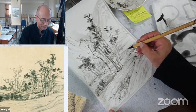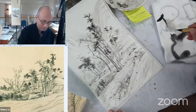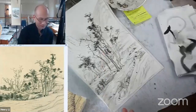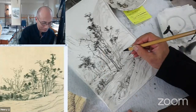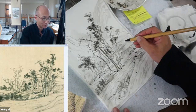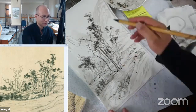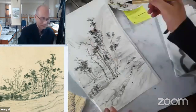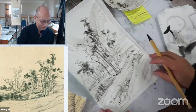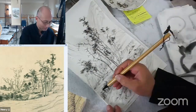Okay, and yeah, you don't have to do a lot. But see, this tree is too even. You just make it lighter and then add a darker one, maybe just one is enough. And I don't see any in the distance. We don't have to do the distance. We have trees on top of that already. It's good. That's about it. And this is not dark enough, maybe. So we just add